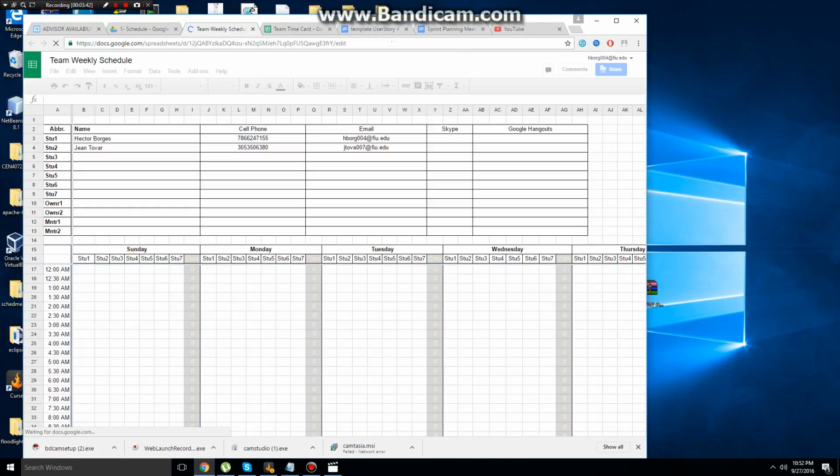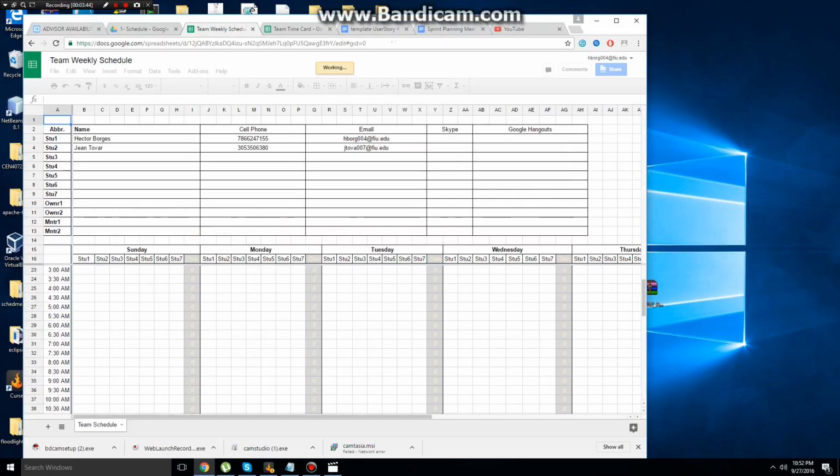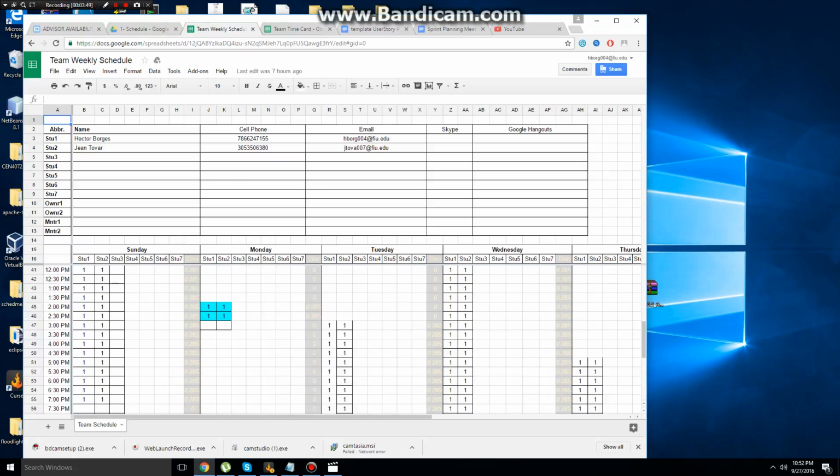This is the weekly schedule. I was able to fill in all of the markers for the week that is already here, but I had a question about this. I'm not sure how I'm supposed to go about filling in the other weeks. Am I supposed to copy this section for every single week and just paste it, or am I supposed to just reuse this week template over and over for each week?